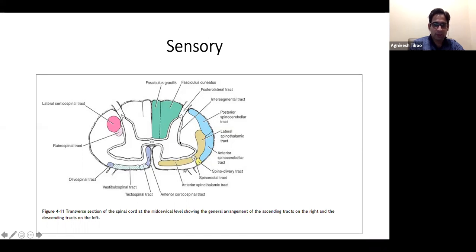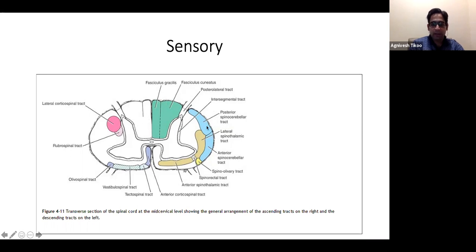So it's a crossed tract. Whereas the fasciculus gracilis and cuneatus, carrying fine touch and these movements, do not cross. They go straight into the brain and cross above the medulla, at the midbrain level. They do not cross immediately. So if you have a hemicord transection, you may get a patient